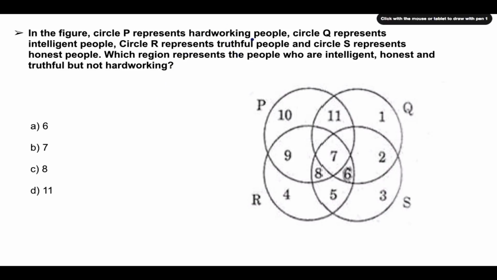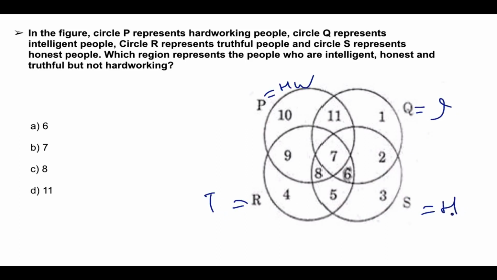In the figure, circle P represents hardworking people. So P is hard work, Q is intelligent, R is truthful, and S represents honest. Which region represents people who are intelligent, honest, and truthful but not hardworking? So 7 represents all four. Since you have to completely destroy this section,